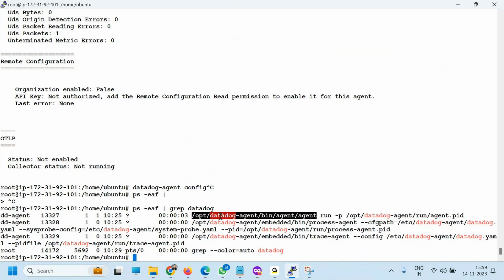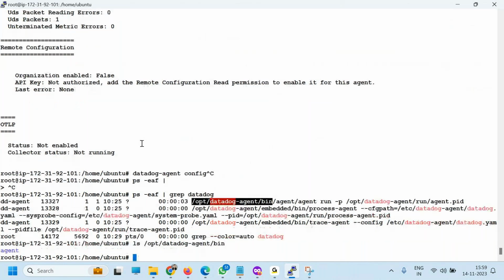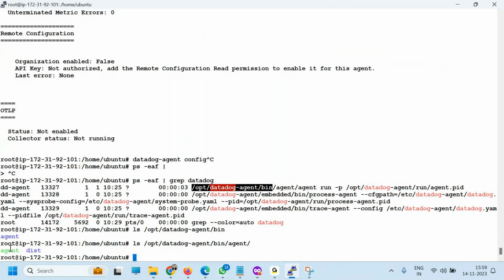Under this location, go to the bin location, ls agent. These are the utilities which you have, which will actually run. The trace agent you have here.